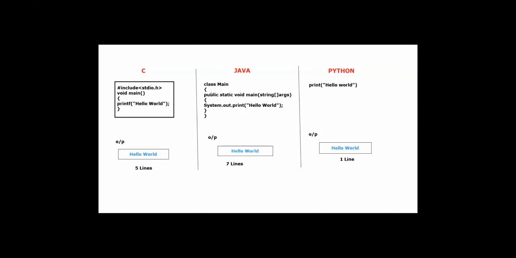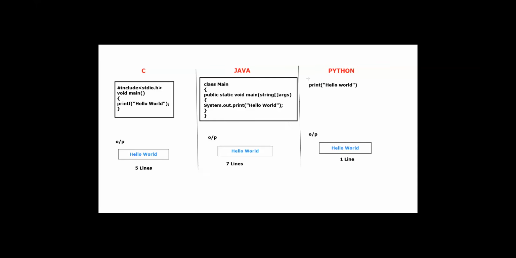Similarly, when it comes to Java, you have to use a method called the print method. Inside the print method, you have to write hello world, and close it with a semicolon. The print method is available within System.out, which should be enclosed within a main method, public static void main. All those things I'm not going to speak about, because I'm not teaching Java. Again, the main method should be enclosed within a class with the same name. All these criteria are there just to get a single line output as hello world, 7 lines.